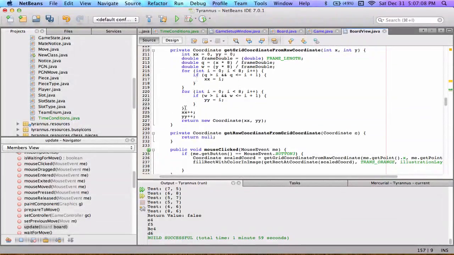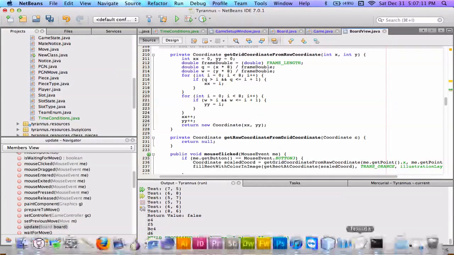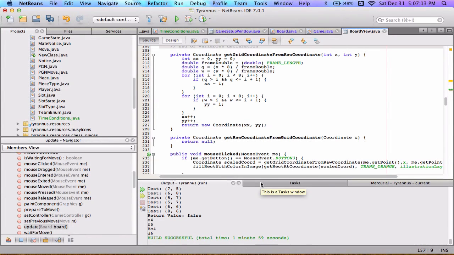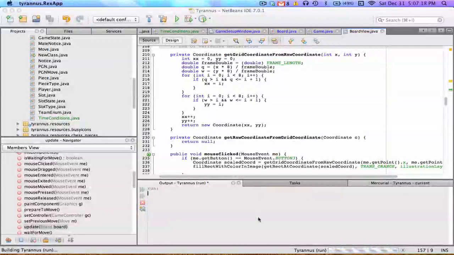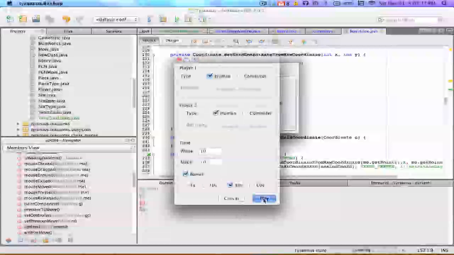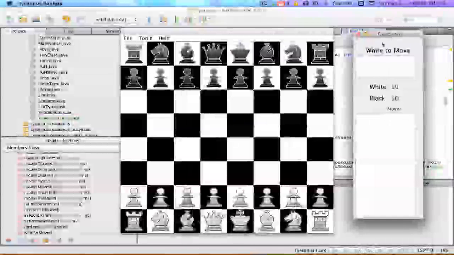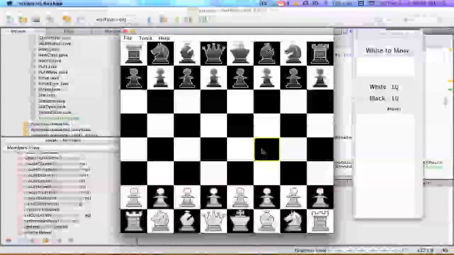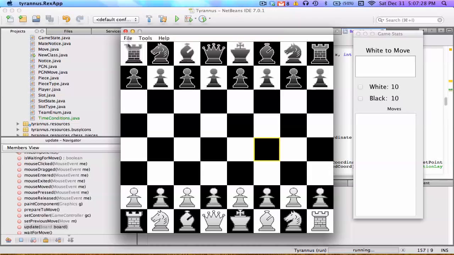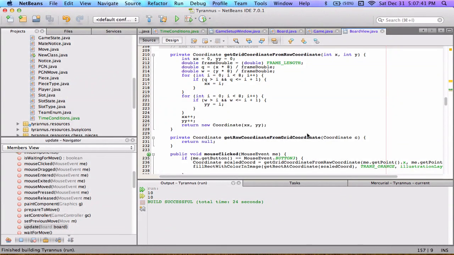Get grid coordinate from raw coordinate. When I click somewhere on my program, of course it's 600 by 600. So let's say I were to click here. The point that's actually being received is something more like 400 by, I don't know, 350. So what this function does is it takes a point similar to 400, 350 and turns it into a point